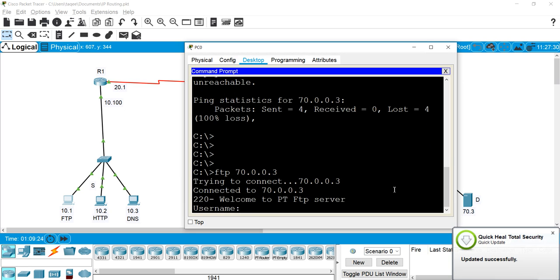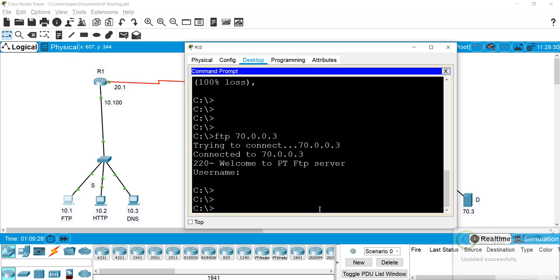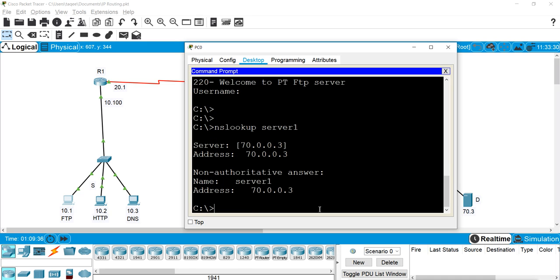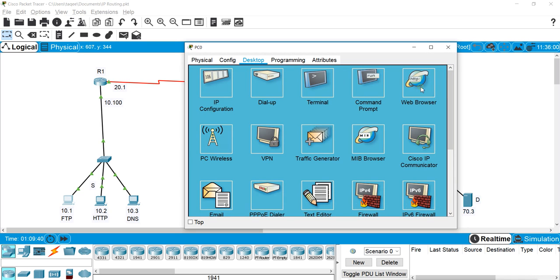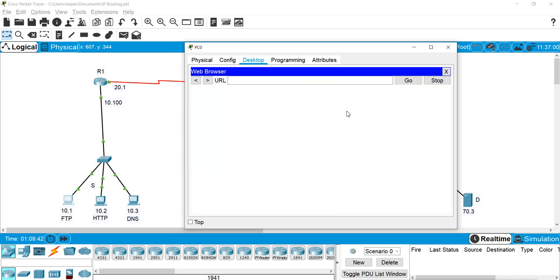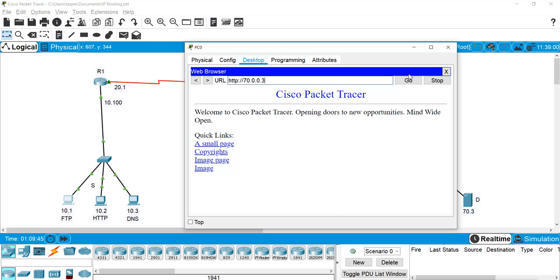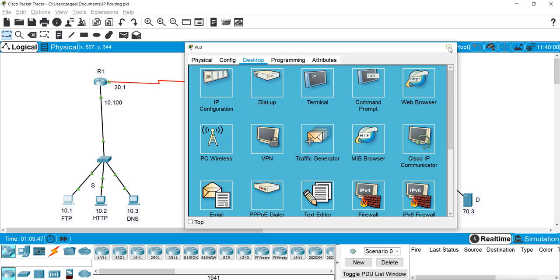You can see it is accessing the FTP server, and it can still resolve the name. And the website is also still working. So everything is working for this machine.